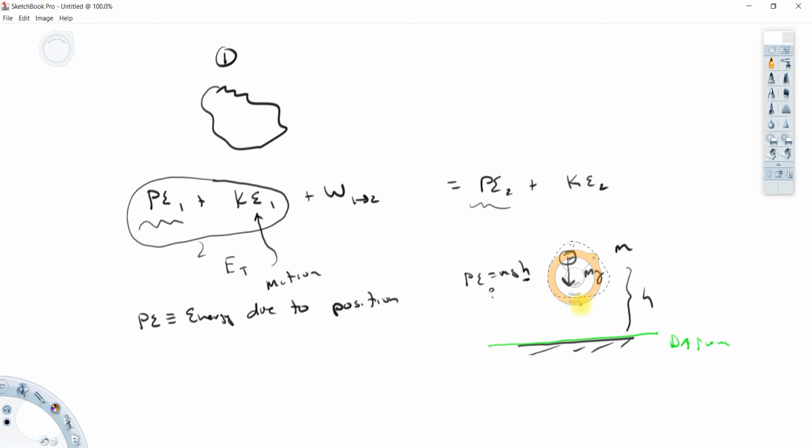So conservative force is a force where the work is not path dependent. When you have conservative forces, you can define what are called potential energies for them. And here's where they come from. The difference in potential energy for any conservative force is equal to the opposite of the work done by that force. This is basically how the potential energy terms come about. And then potential energy terms can be added to our work energy theorem to give us what I would just call a more generalized work energy theorem, taking into account the energy of a system due to its motion and the energy of a system due to